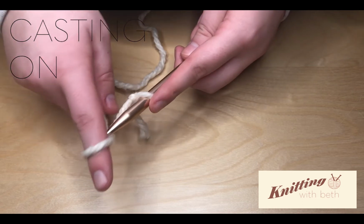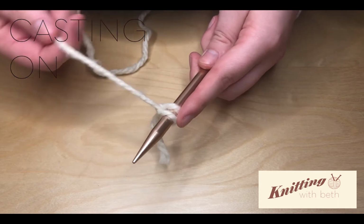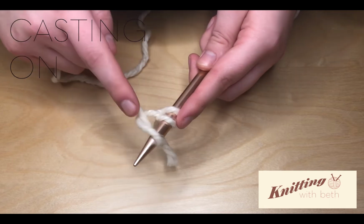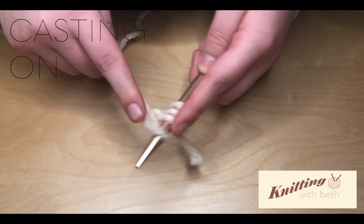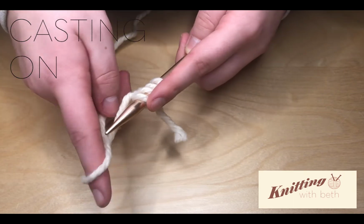To cast on, start with one loop knotted around your needle like this. Then loop the yarn around your pointer finger one time and slip the needle between the yarn and your finger. Just do this for as many stitches as you want your project to be wide, and you're ready to get